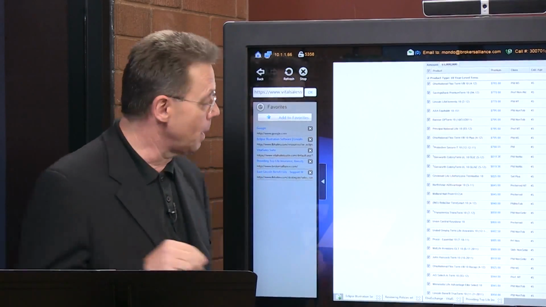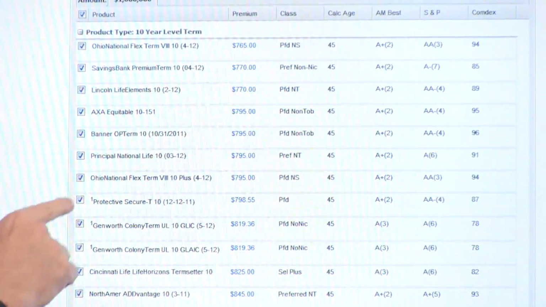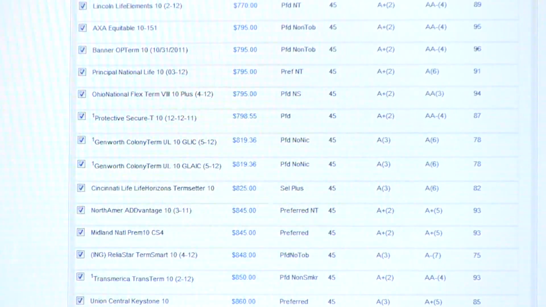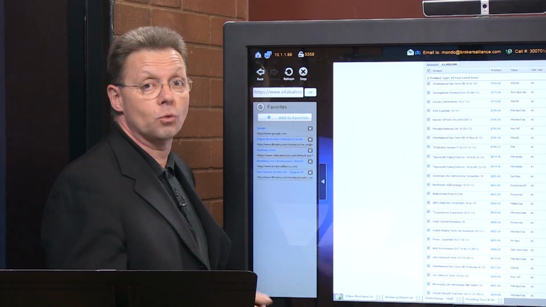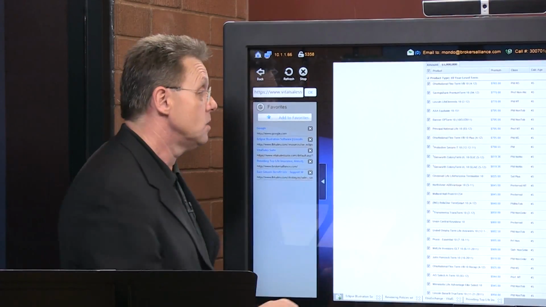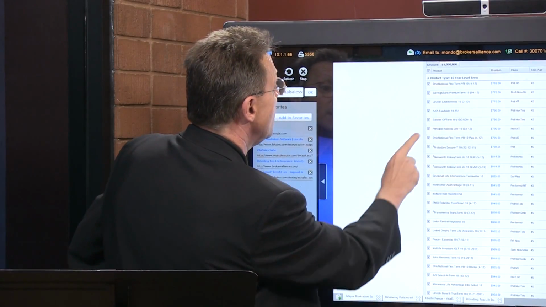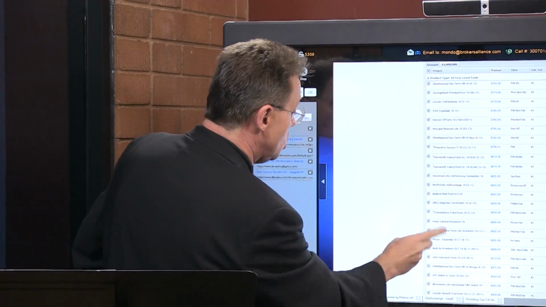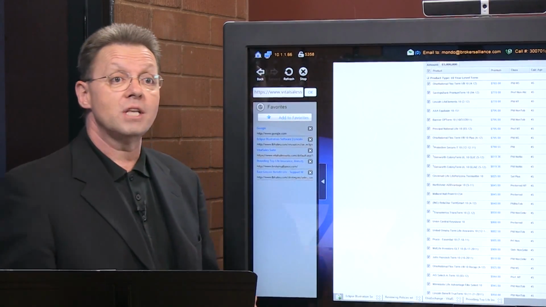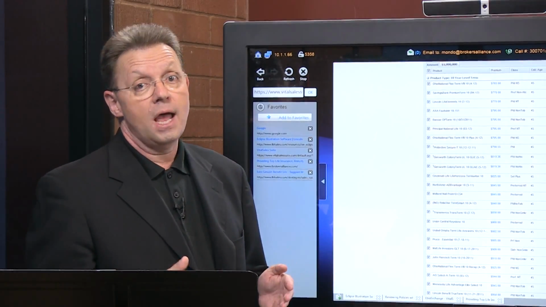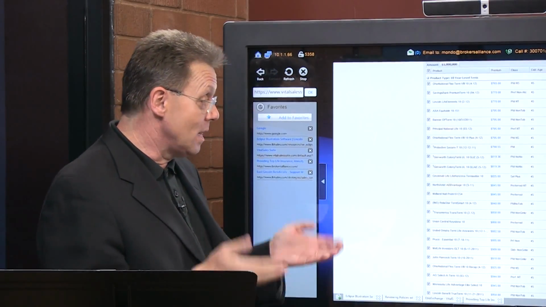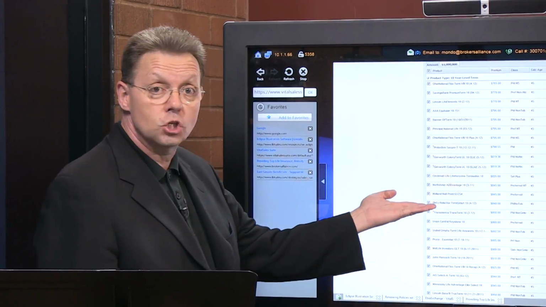And another heads up that I want to point out too. I've noticed that a few of these carriers are actually using their guaranteed UL chassis at the minimum guaranteed premiums to look very close. It looks just like term, but it actually is a UL product. So when you come out to these grids, heads up. Some of these that have these little numbers on them are all GUL. Some of them use the cash accumulation test, which is something I haven't really talked about yet, or shadow accounts,